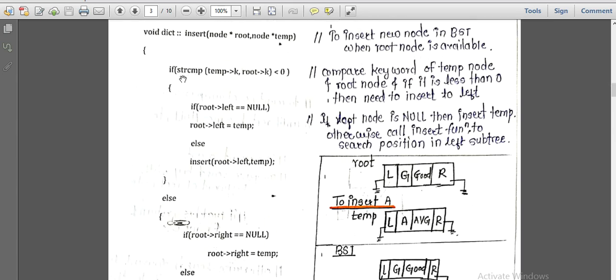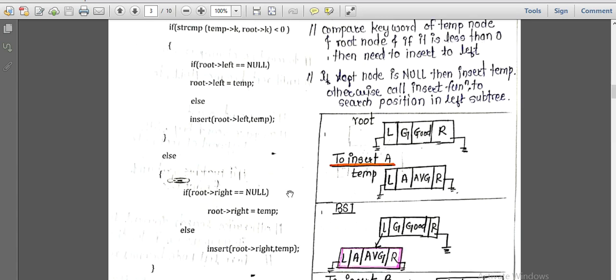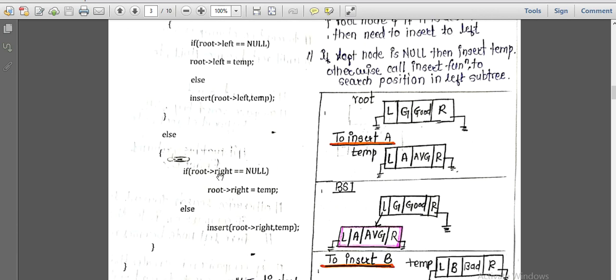Else, if your string comparison is greater than 0, you have to insert it onto the right side, right? Again we are going to check whether the right child of that root is null. If the right of that root is null, then directly assign your new temporary variable to the right child of that root node.